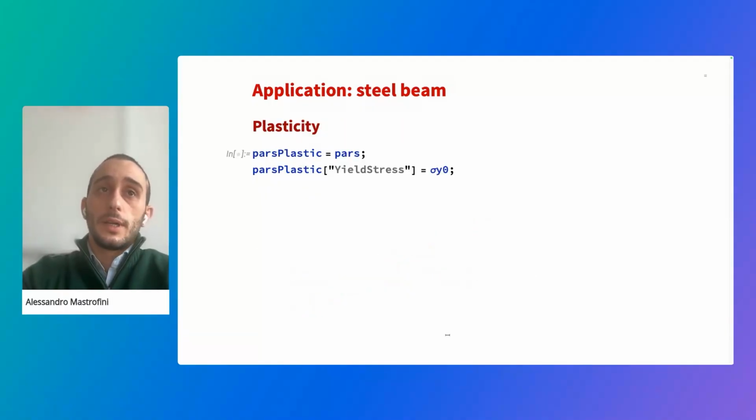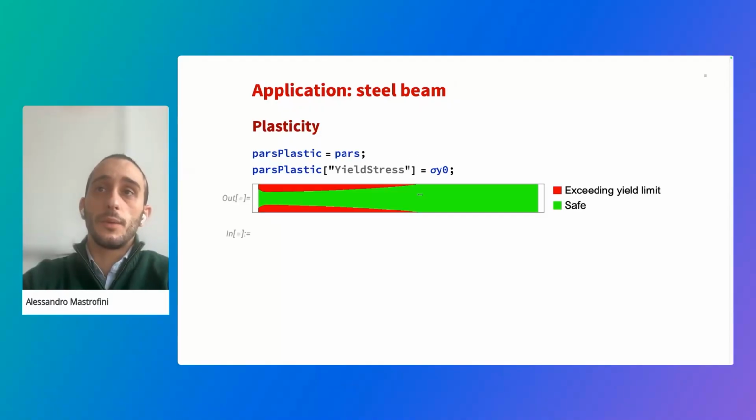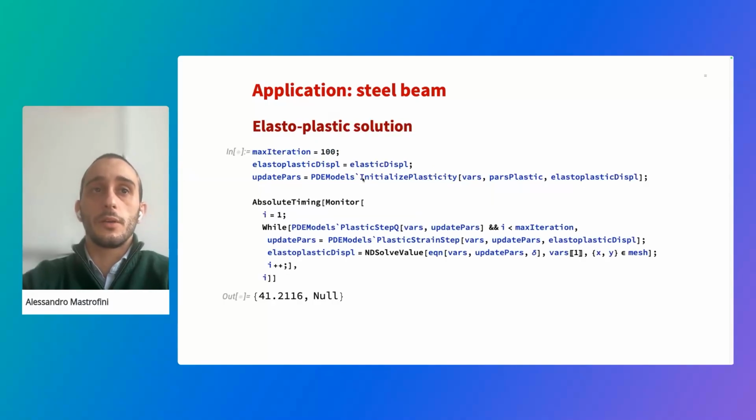How? We can set up the elastoplastic variable. So we need to express the value of the yielding stress. Then we're going to evaluate that all this region here is not safe, so it's over the limit, and then we're going to evaluate the solution. So we need an iterative approach here. So until the material is beyond the limit, we need to update the plastic strain with this function here that returns a set of update parameters accounting for the new plastic strain. So we're going to solve again the solution now with the new plastic strain,